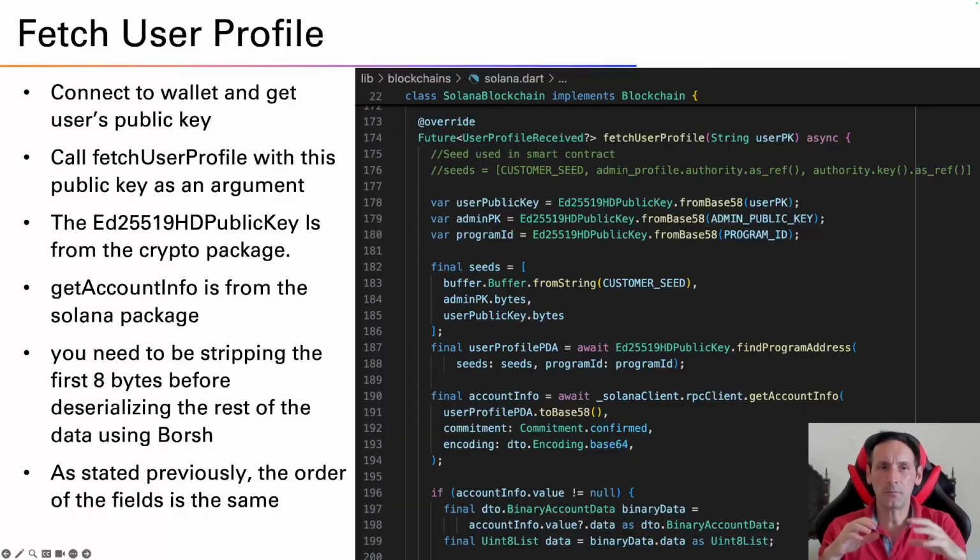So, as you can imagine, being an e-commerce platform, if the user buys a bottle of wine or a bunch of bottles of wine, I need an address to send those bottles of wine to. But I don't need to collect that address straight away. I can collect the address